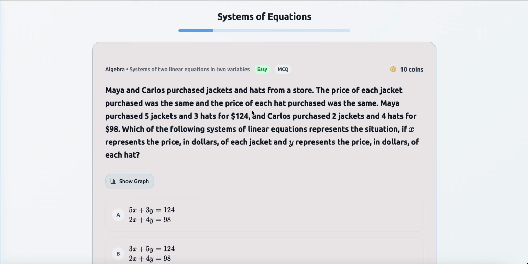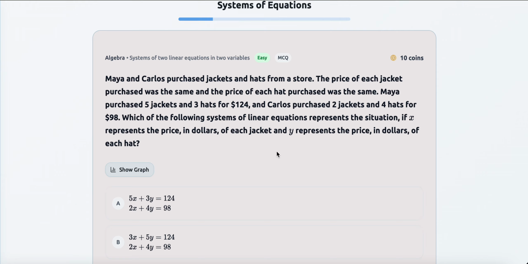Which of the following systems of linear equations represents the situation if x represents the price in dollars of each jacket and y represents the price in dollars of each hat? Okay, so we can write two equations here, right? The first equation is going to be using this information, 5 jackets and 3 hats for $124, right? So if we want to write an equation based on that, and we know that x represents the price in dollars of each jacket and y represents the price of each hat, and Maya bought 5 jackets and 3 hats for $124,